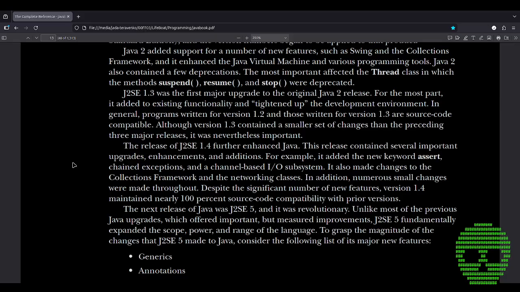Unlike most of the previous Java upgrades, which offered important but measured improvements, J2SE 5 fundamentally expanded the scope, power, and range of the language. To grasp the magnitude of the changes that J2SE 5 made to Java, consider the following list of its major new features: